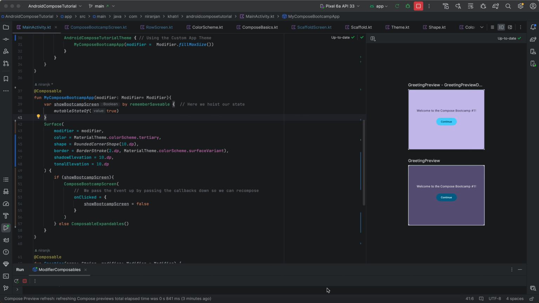Welcome back to another Jetpack Compose tutorial, and in this tutorial we'll be talking about the Compose UI Toolkit. Okay, so now without wasting any time, let's jump right to the concepts that we will be learning in this